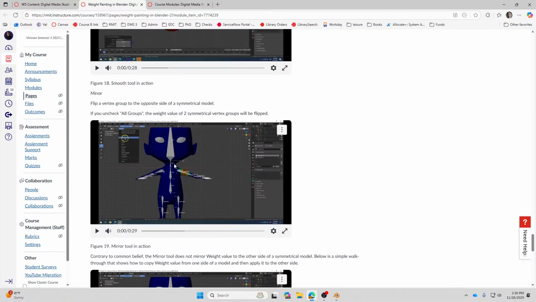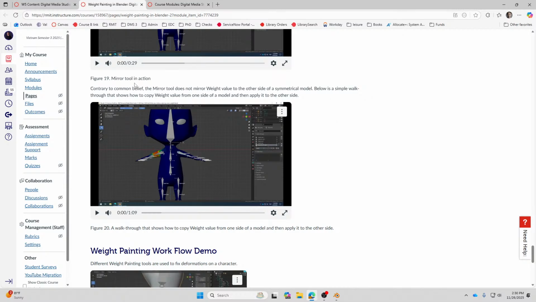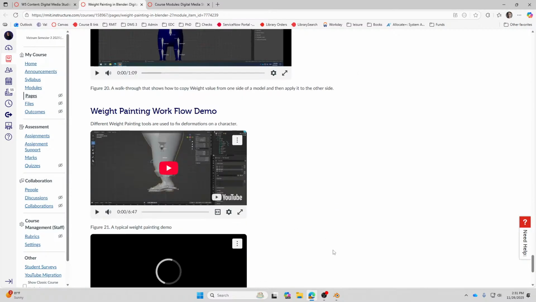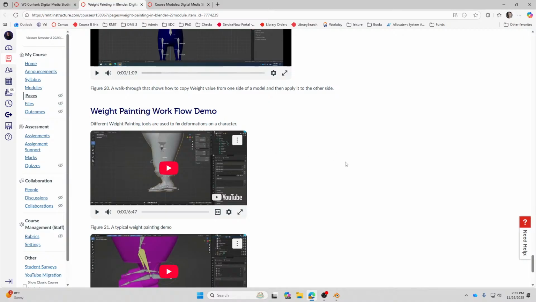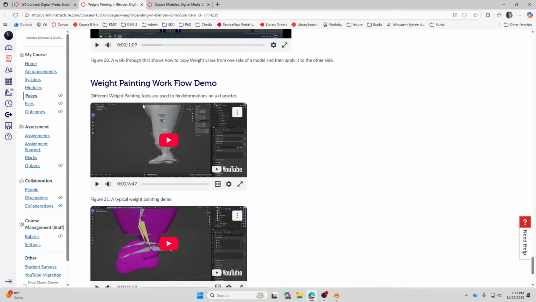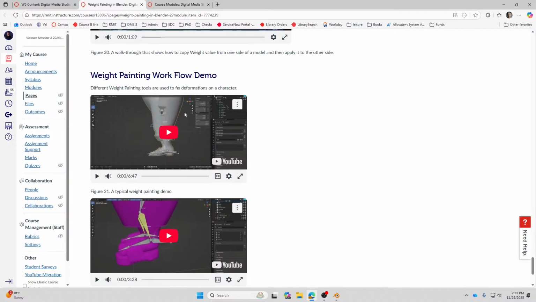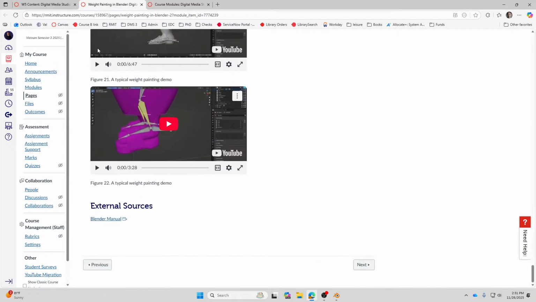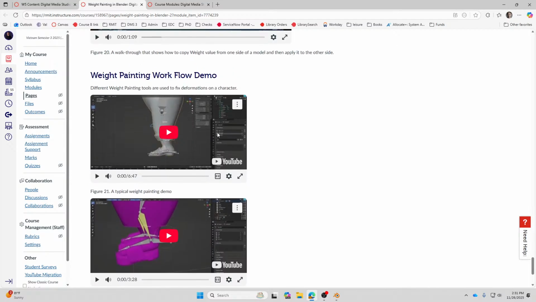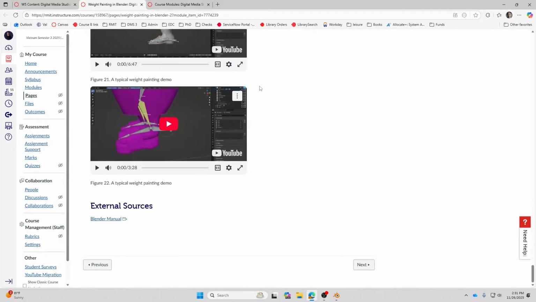Check out this video, figure 20, a walkthrough showing how to copy weight values from one side of the model and apply them to the other side. Then there are two weight painting workflow demos from real-life consultations, real-life examples which you can learn from your ancestors, your dinosaurs. They had the same problem 2-3 years ago, but it's still valid nowadays.